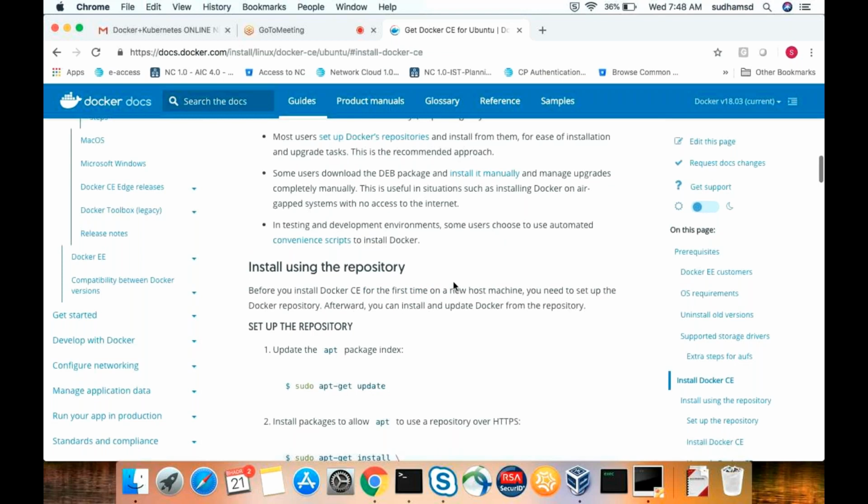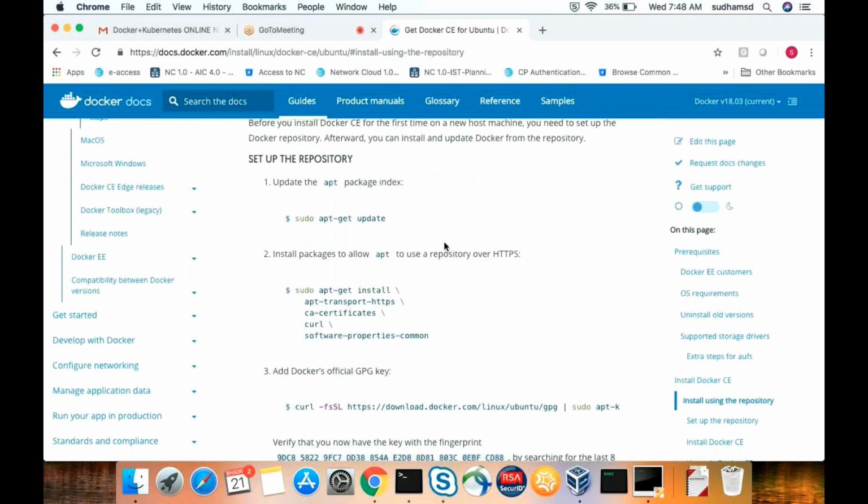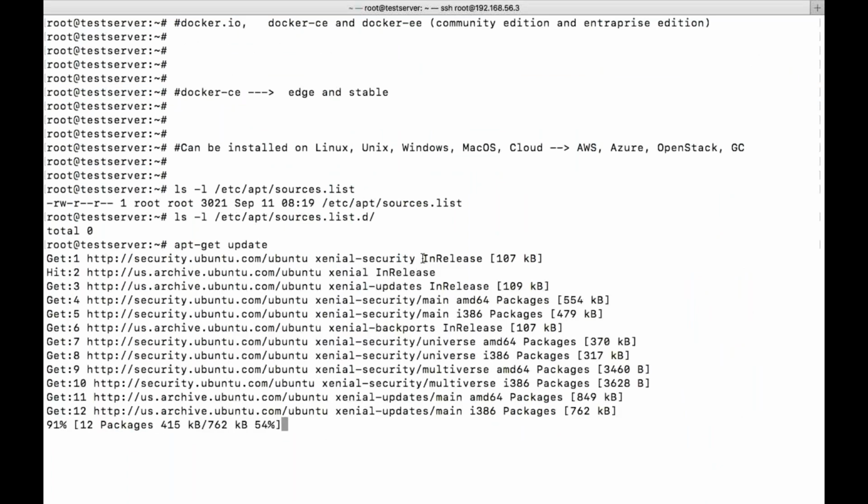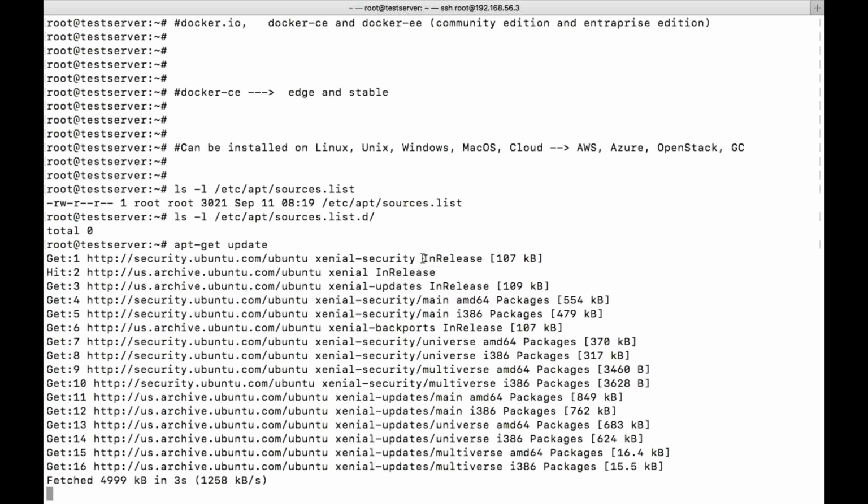First of all, whenever you create a new machine, let us say this is a fresh machine I have created right now, obviously we need to run apt-get update. This is for Debian and Ubuntu operating systems. apt-get update doesn't install packages.